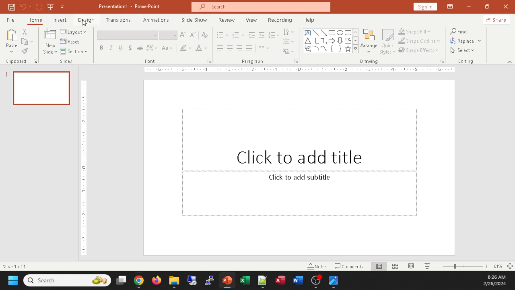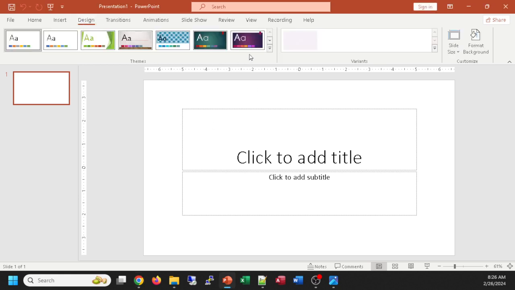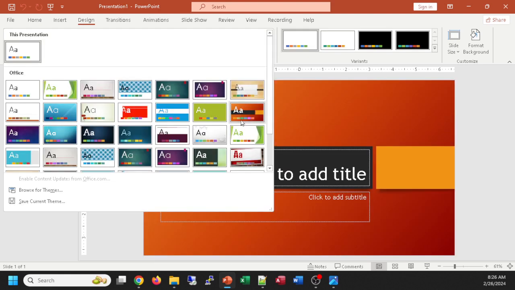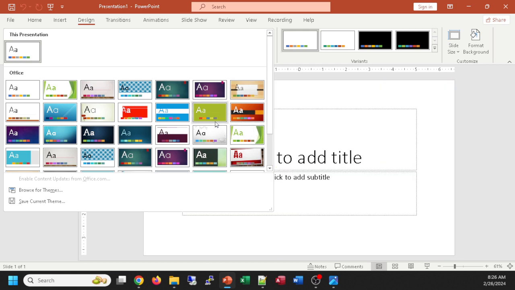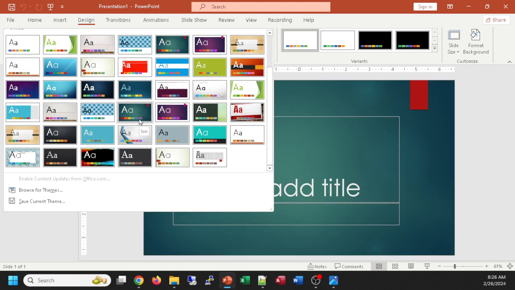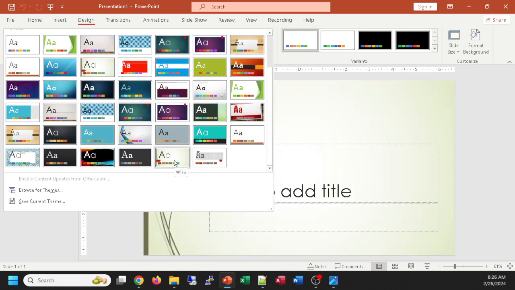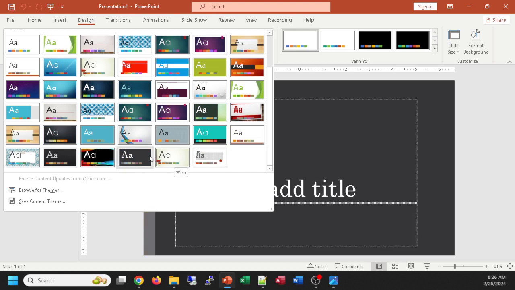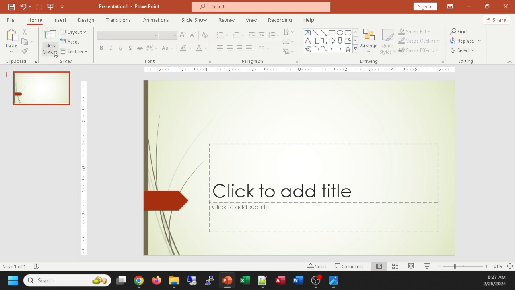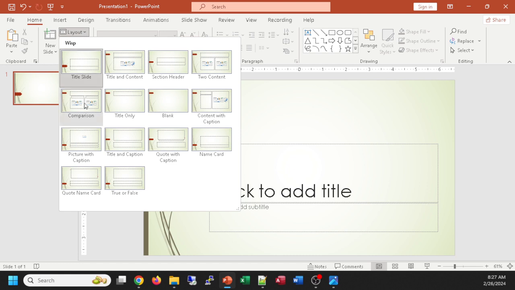So on the Design tab, we're looking for the Wisp theme. A little grassy on the left, and grayish greenish. Where's our Wisp theme? It's in here somewhere. Here it is. I think that's it. Yep. Way down towards the bottom. Wisp. Choose that. And remember, when you choose a theme, you have on your layout multiple styles that